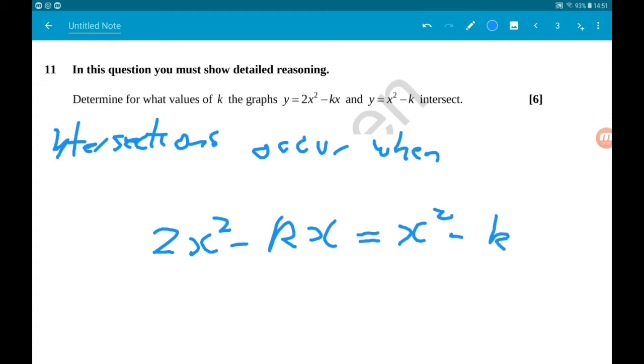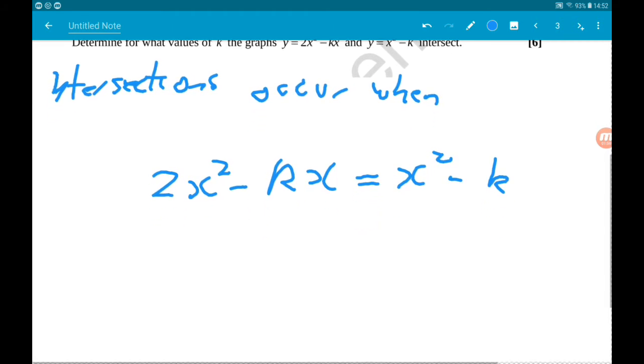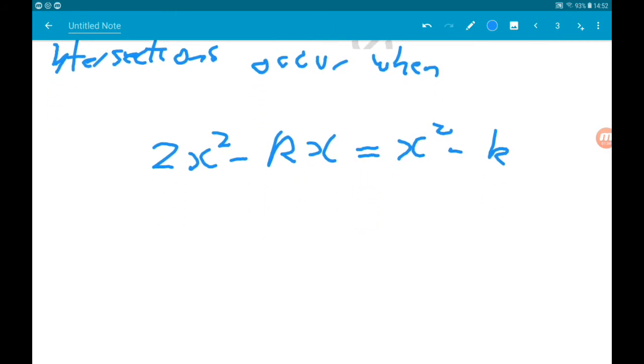Now, this is a quadratic. To solve it then, we need to get everything on the same side. So, if we subtract x squared and add k, we get